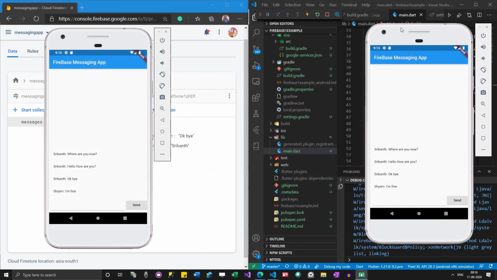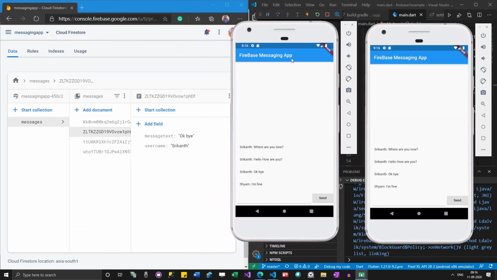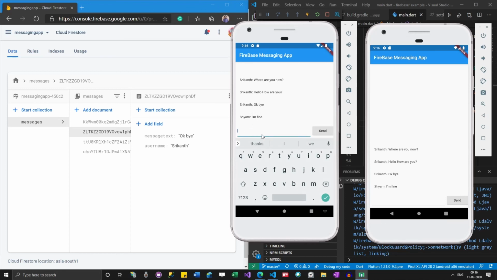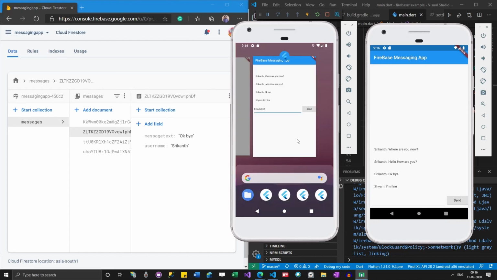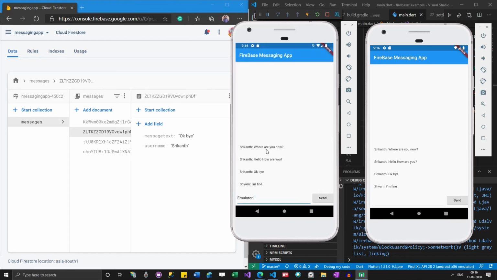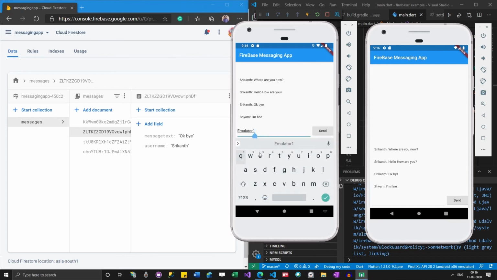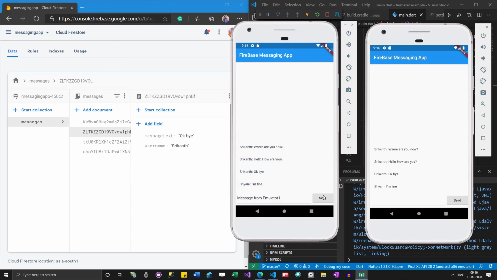Now I have two apps here, both showing the same data. I can do something like this: message from emulator 1, and then click on send, and you can see that the message from emulator 1 is appearing here.